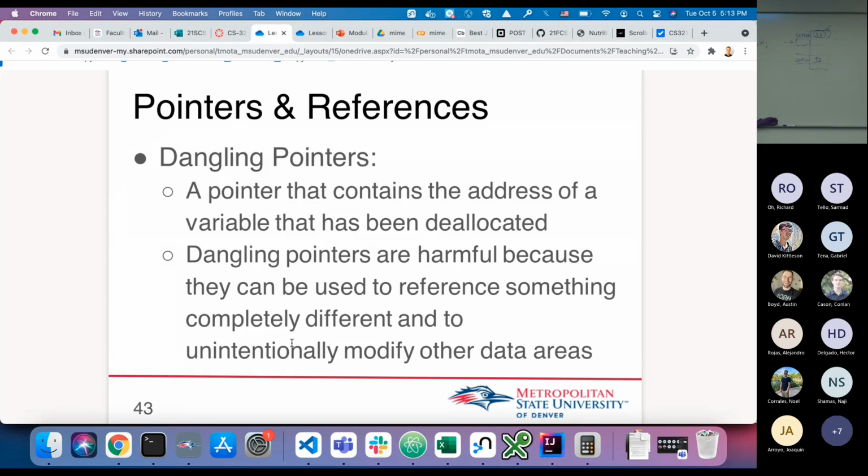Let's say that struct student S was dynamically allocated, new student, and I got the address of S. I'm thinking that I'm changing the ID of S to 20, but at some point here, I decided to free